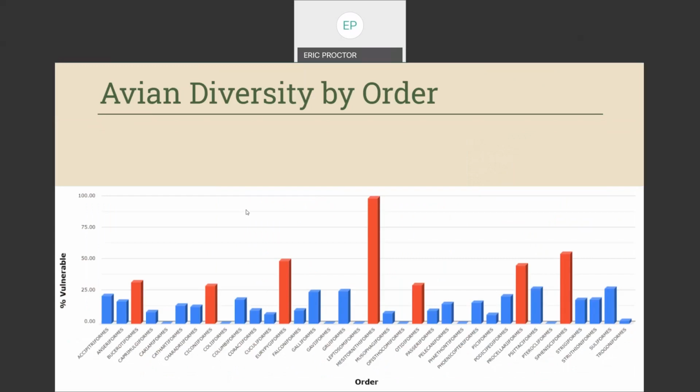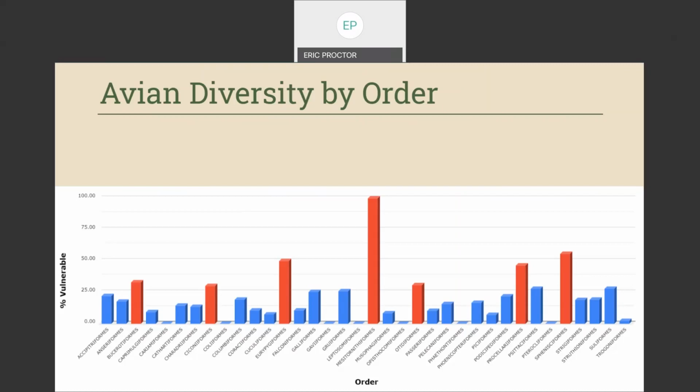The IUCN is largely known for tracking data related to the status of species around the world. They group animals based on how vulnerable the population is to extinction. I graphed the bird orders based on the percent of their species that were considered vulnerable, and in this case, we consider vulnerable to be the top 3 categories that the IUCN lists. So these are birds that they describe as vulnerable, endangered, or critically endangered. These are the top 3 categories of birds as far as their danger of becoming extinct. I'm going to describe them all together as vulnerable. This is what I found.